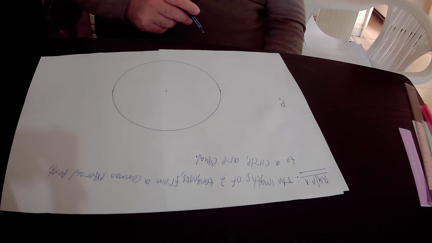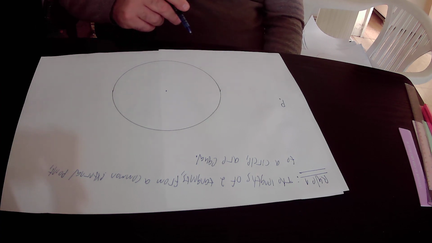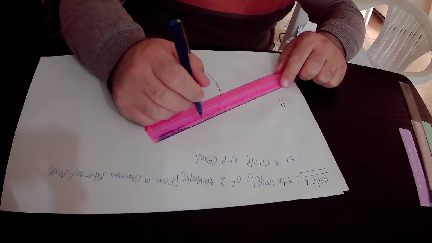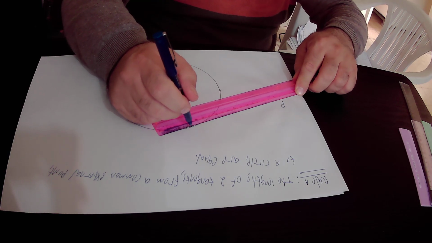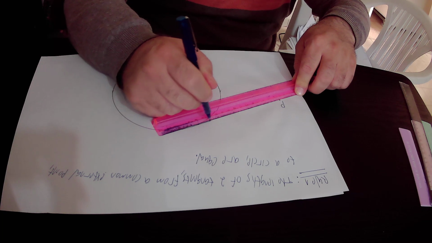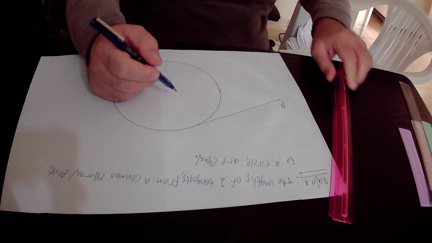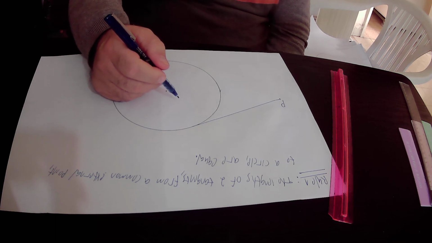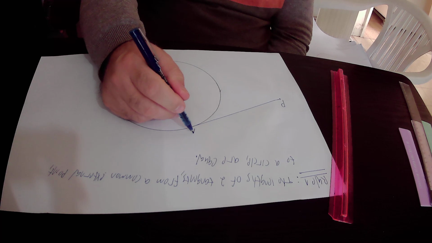So if from the external point P we draw two tangents to this circle, here is the first tangent, and we will define the point of tangency of the first tangent with this circle as point A,